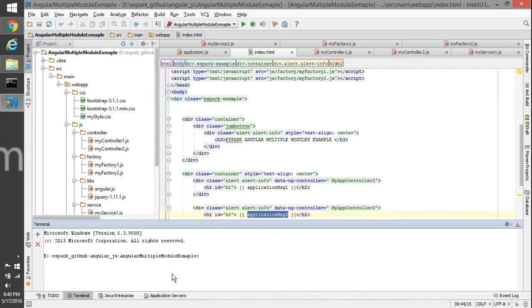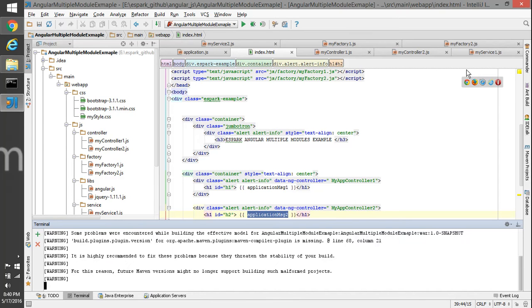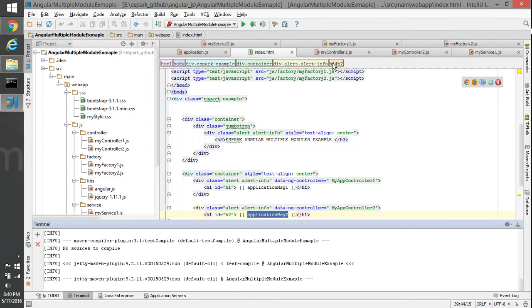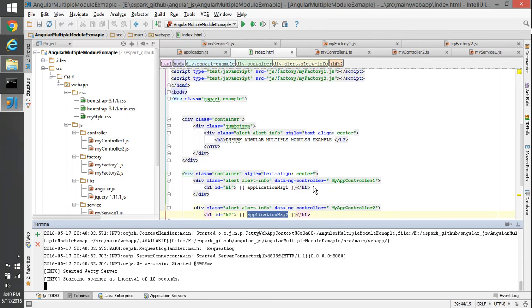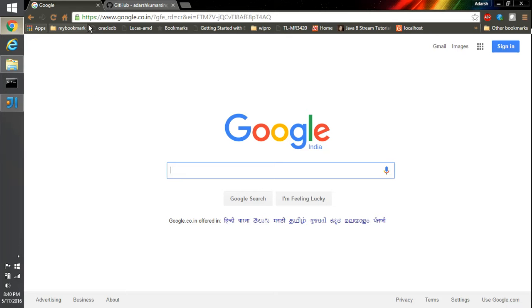So let's run this application using mvn jetty:run. My application has started here.